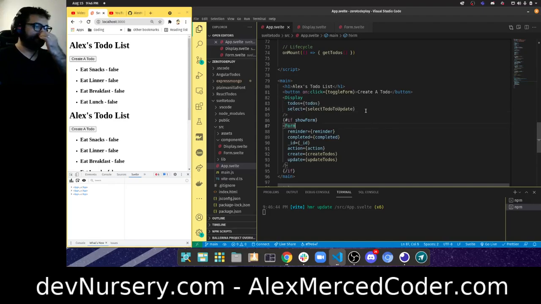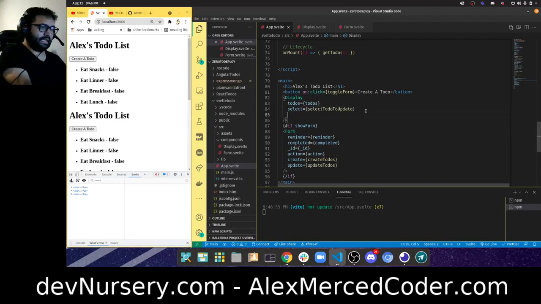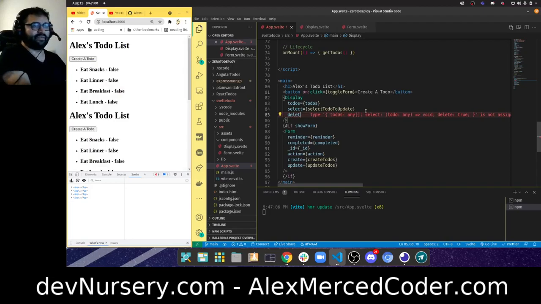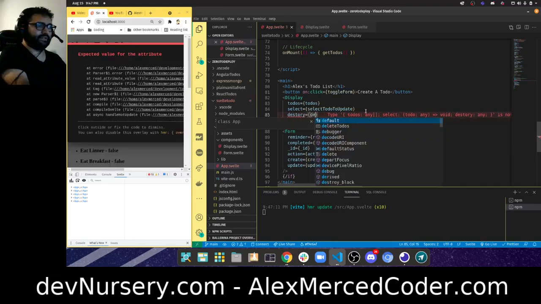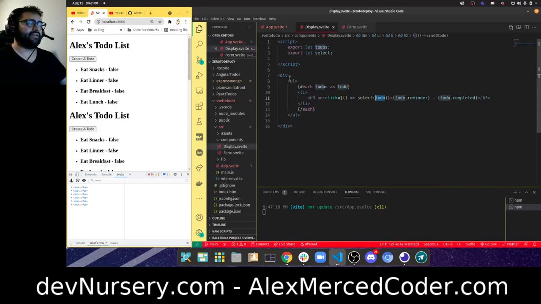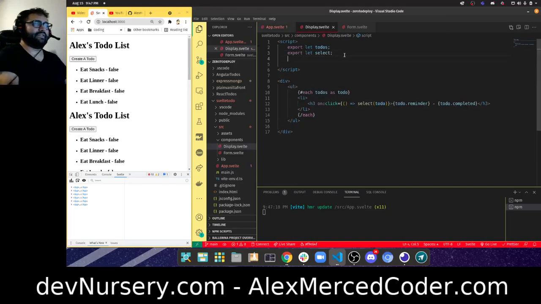Okie dokie. And basically what I want to do here is update equals, no, not update, delete. Although you can't really do that. We'll just say del or destroy. We'll just call it destroy. Equals delete to-dos. Okay, let's go over the display. And let's just receive that prop. Export